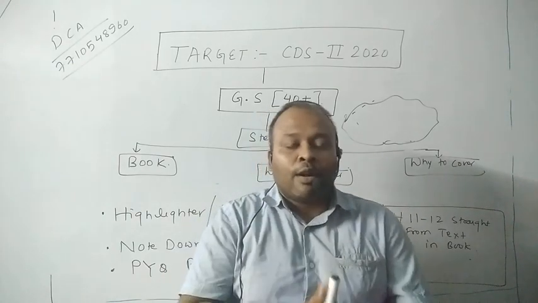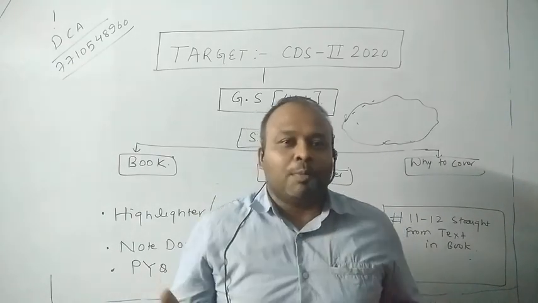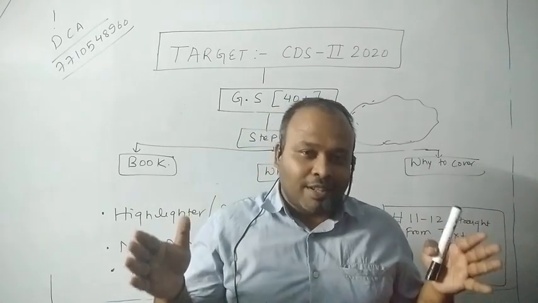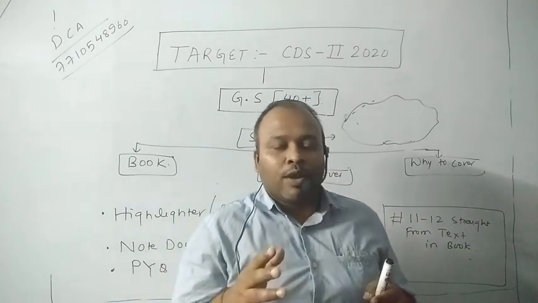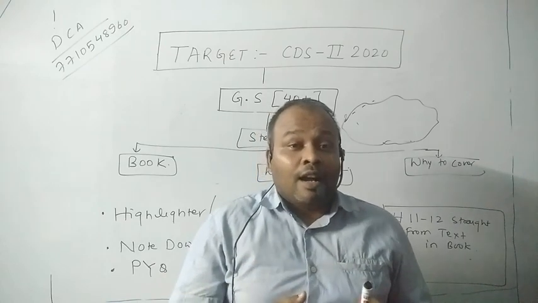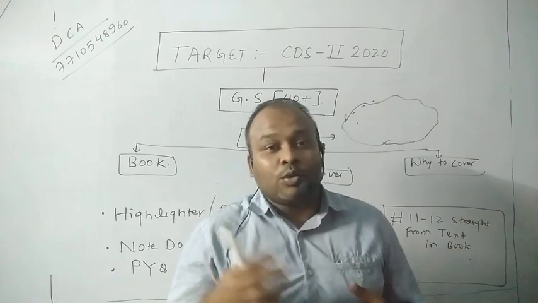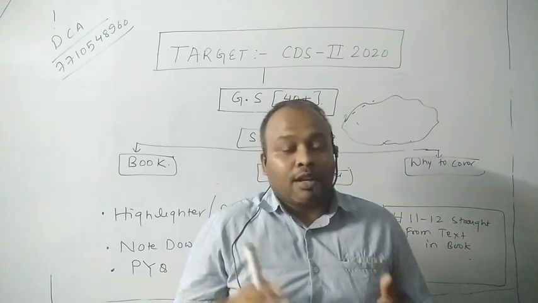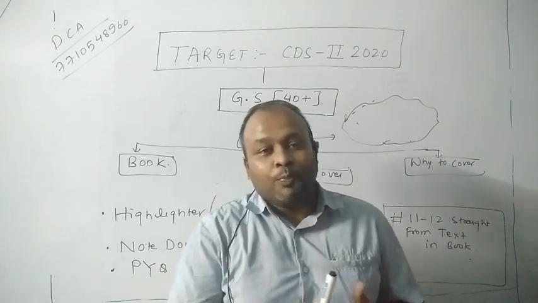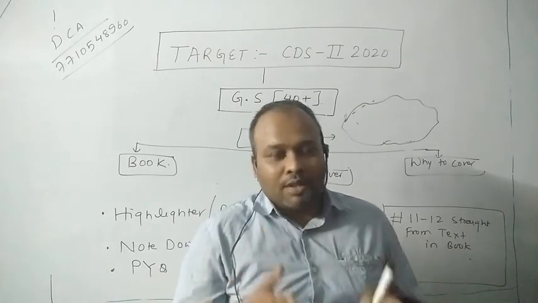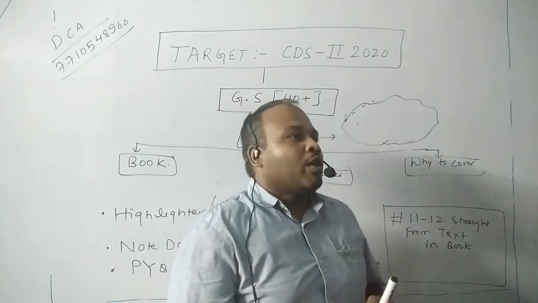There are some, of course, grammatical rules which you need to learn. But apart from that, when you open up the general studies paper, that is the GAT paper, you find it's a vast coverage, right? And sometimes you find it okay, it will be very difficult. And if you look upon the previous year cutoff, and especially the CDS 1 2019, you find that the cutoff for the GS was 10 only, right? So that was the least cutoff till date because the paper was tough. I'm talking about the GS section.